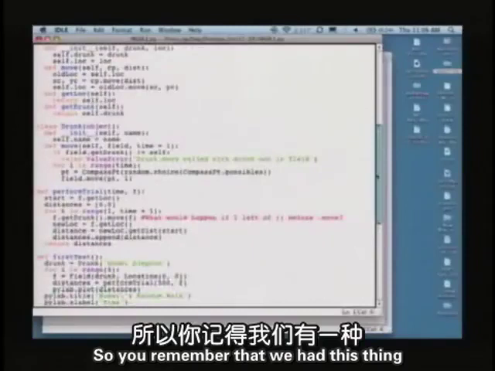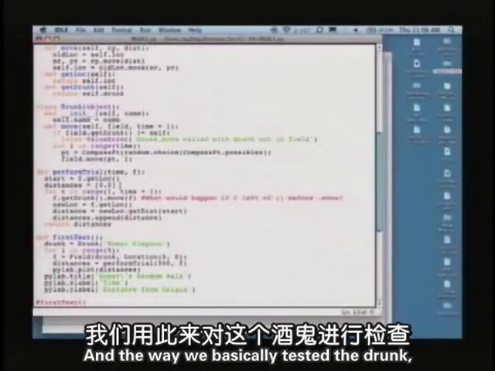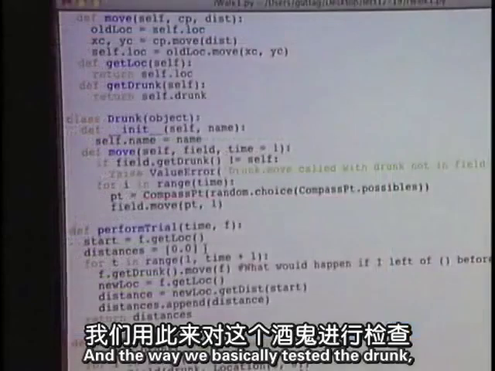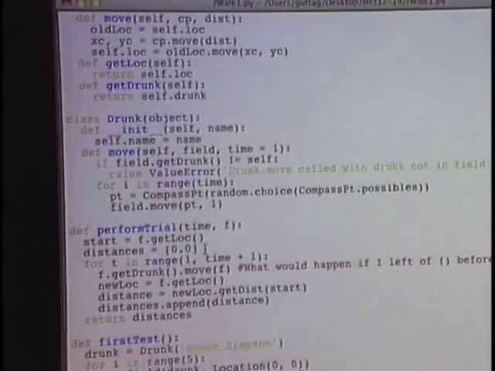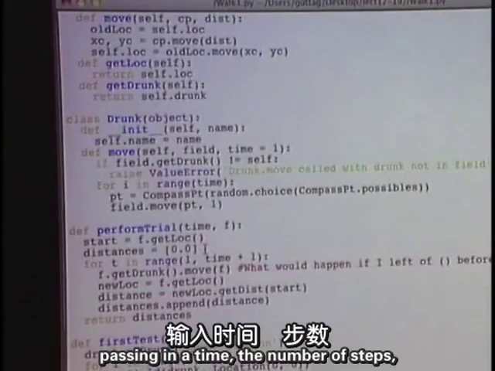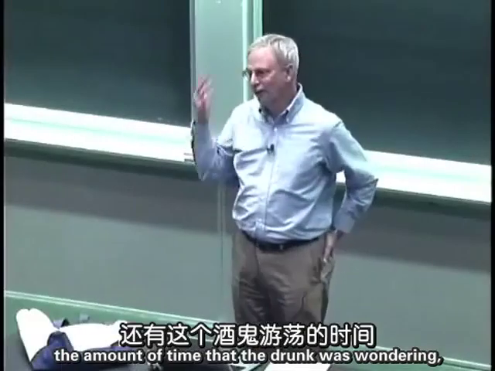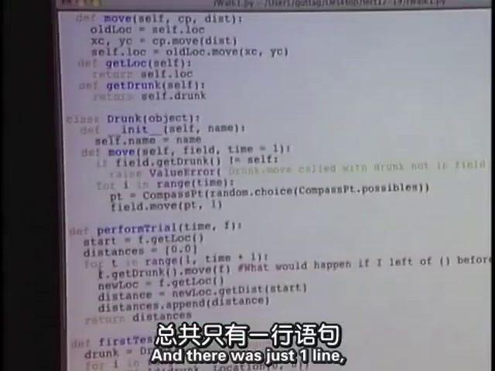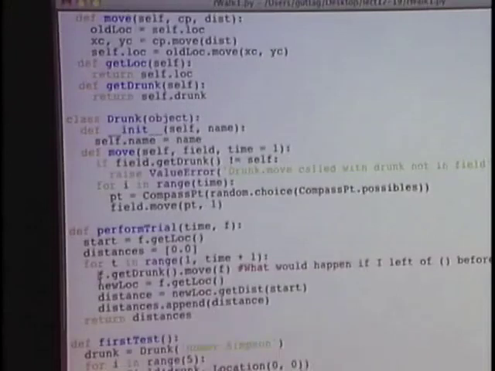So you'll remember that we had this thing called perform trial. And the way we basically tested the drunk, what would happen is we would call this passing the number of steps, the amount of time that the drunk was wandering, and the field. And there was this one line that I blazed past probably too quickly.